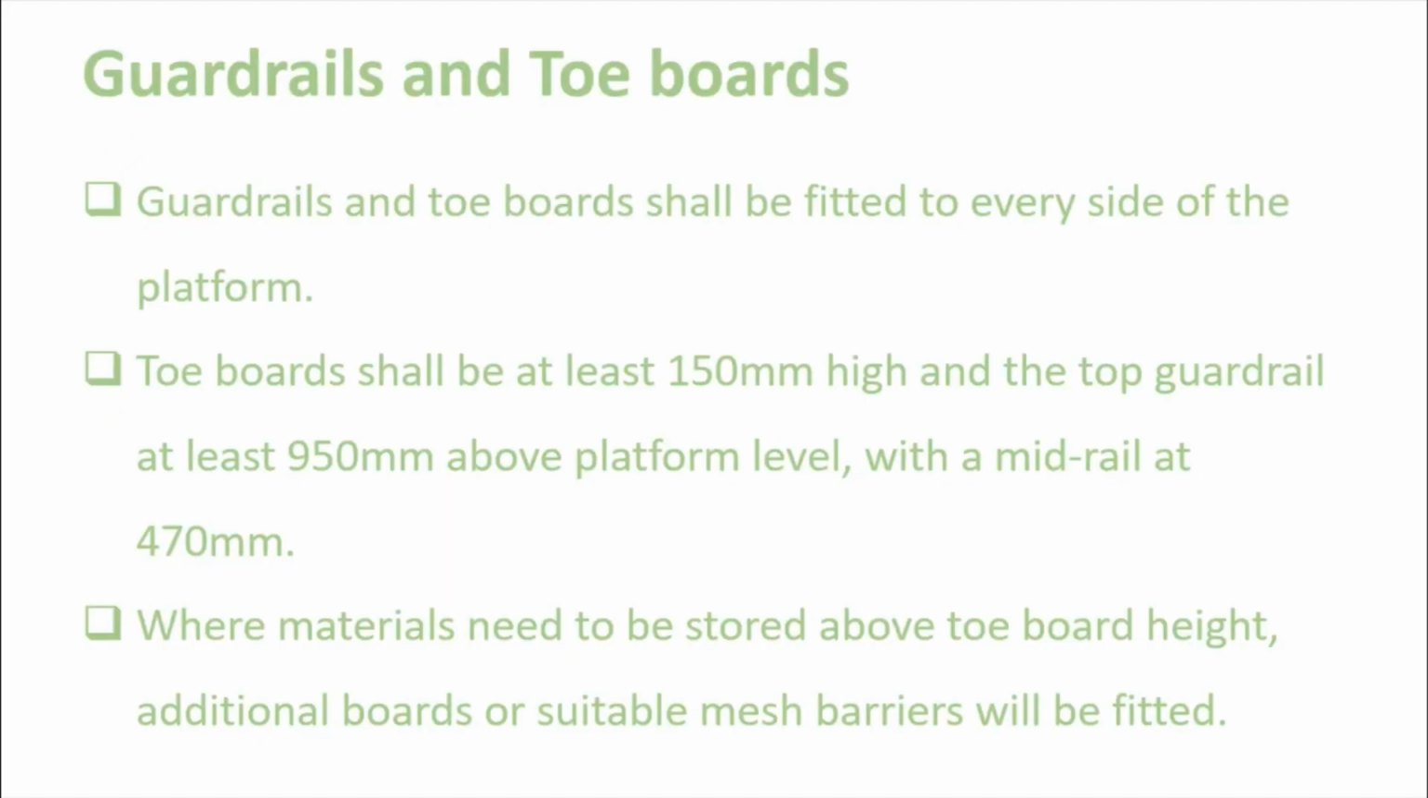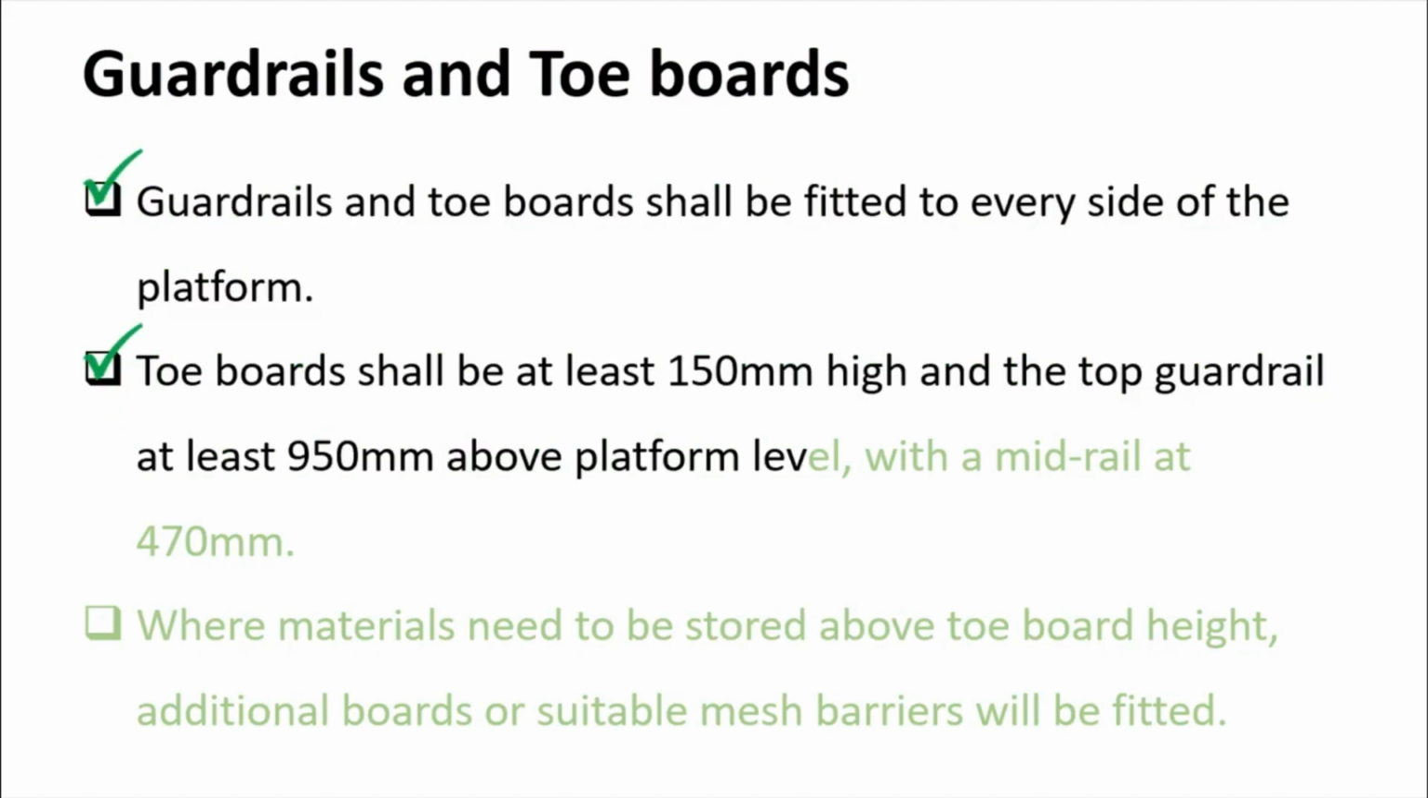Okay, so guardrails and toe boards. Guardrails and toe boards shall be fitted to every side of the platforms. Make sure that all the guardrails and toe boards are fixed on every side of the platform to prevent personnel from falling, and also materials